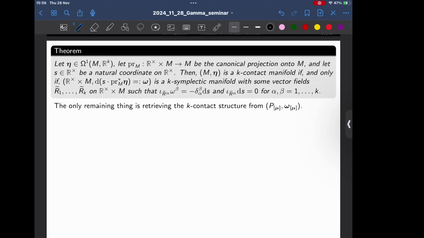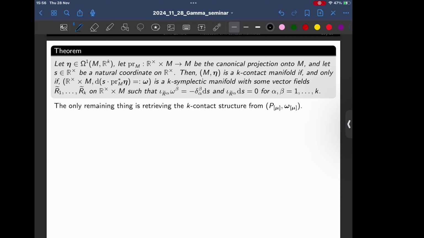Then the theorem states that (M, bolded eta) is a k-contact manifold if and only if R^x times M with omega